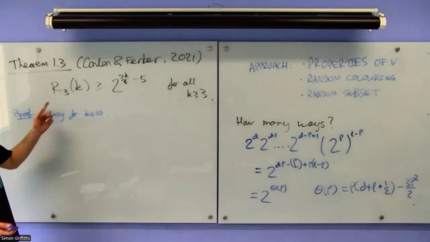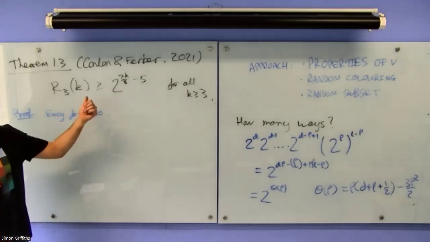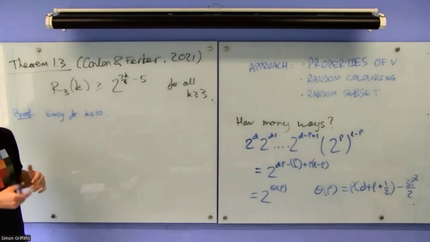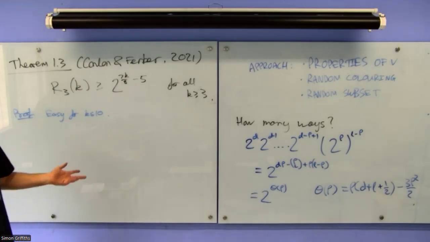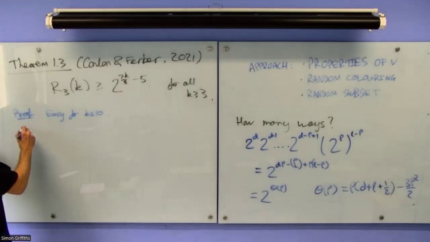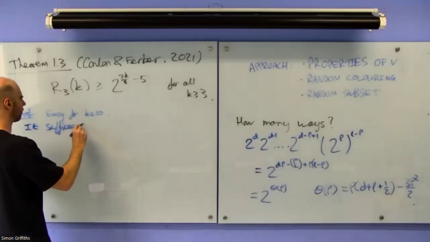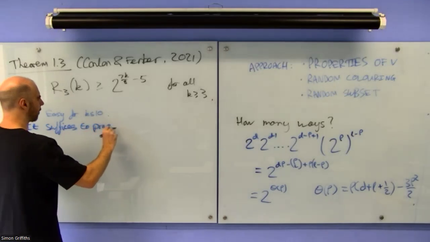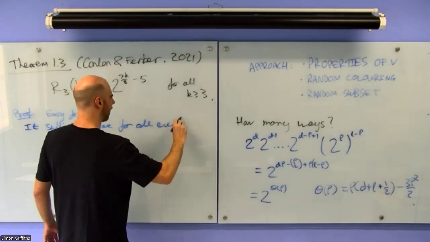So let's just prove this result with minus 4 if K is even, and then it holds for odd K just by monotonicity. Because if you avoid cliques of size 10, you also avoid cliques of size 11. So it suffices to prove for even K at least 10,